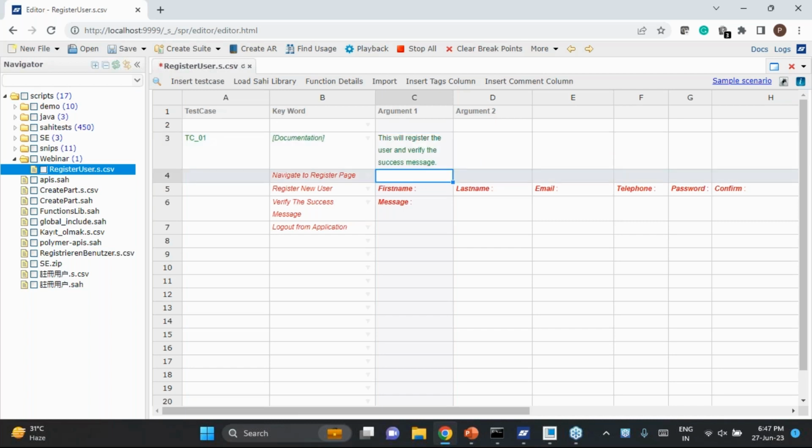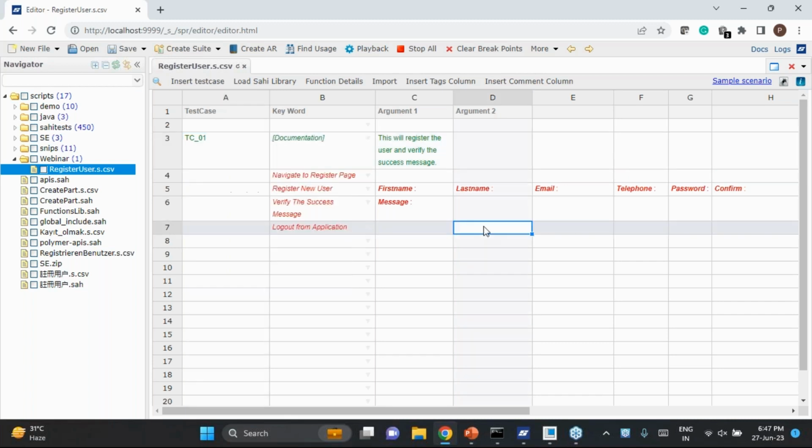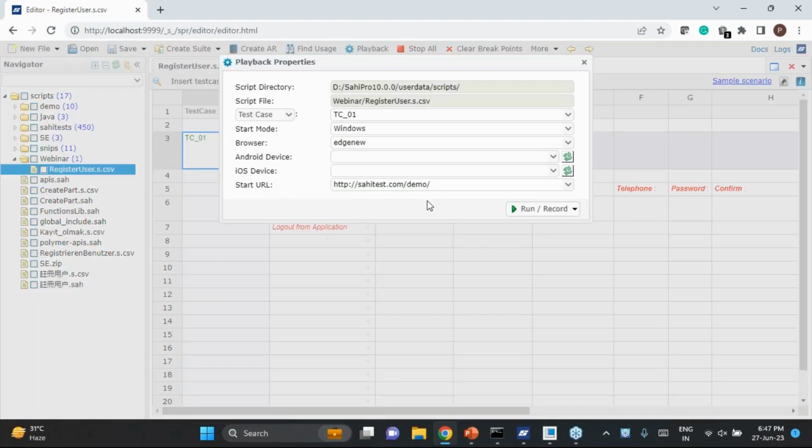So whatever I'm writing in English, this everything can be written in any language as we mentioned, and you can use it for the name of the file also. You can use any language. Once you're fine, these are the flow that you want to be automated, then you right click on it and say run/record. Here you have to specify